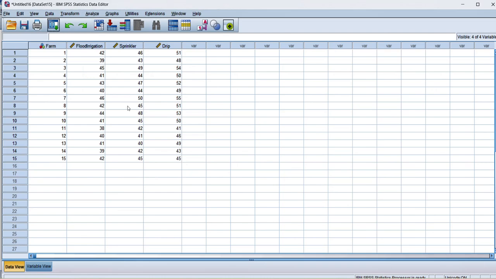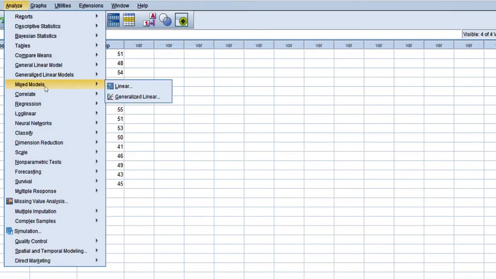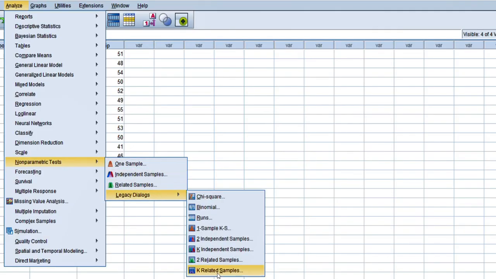In this example, I want to check whether yield significantly differs across 3 irrigation methods, such that flood irrigation, sprinkler irrigation and drip irrigation. To perform this, we will again go to Analyze, click on Non-parametric Tests, select Legacy Dialogs and click on K Related Samples.